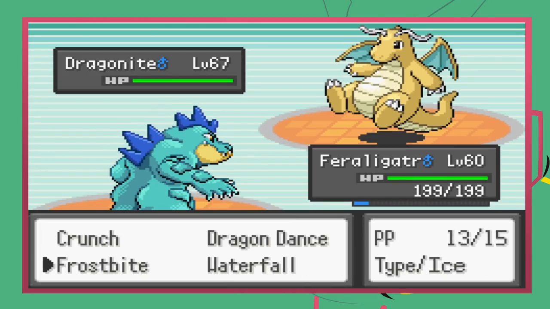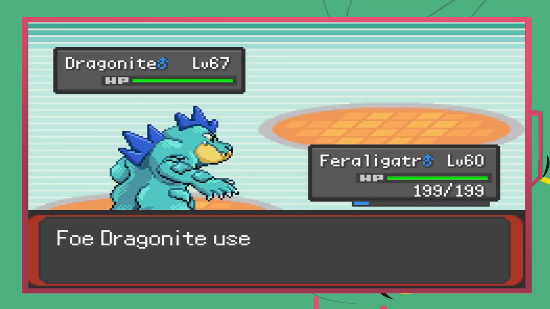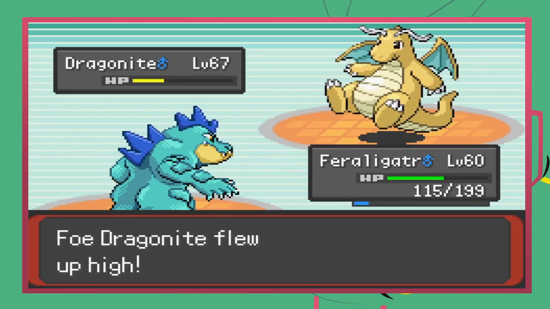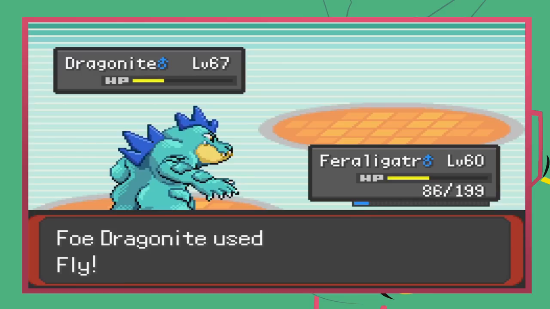Again, thanks to Feraligatr. Dragonite is first and goes for Fly, meaning we miss our attack, and then he hits for decent damage as I hit back with a Frostbite. This brings it down to yellow health, and I know he's going to use Fly again, so I take the opportunity to set up not 1 but 2 Dragon Dances. We can then survive another Fly just about, and finish it with another Frostbite, and then we go on a